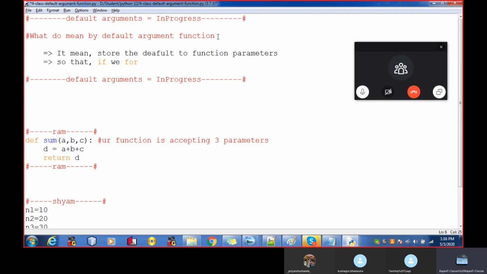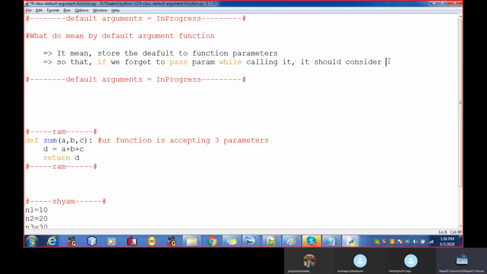If we forget to pass a parameter while calling, it should consider the default value.